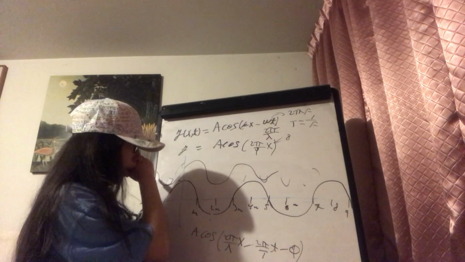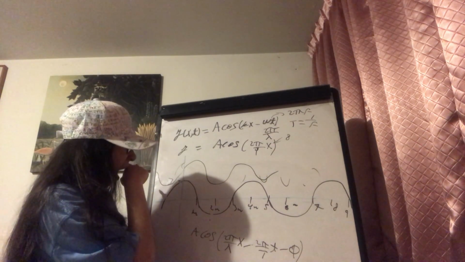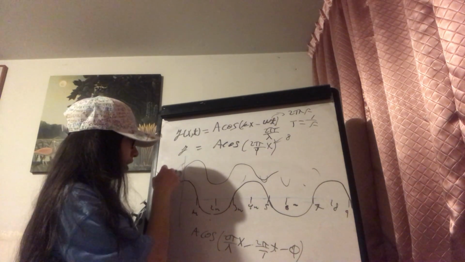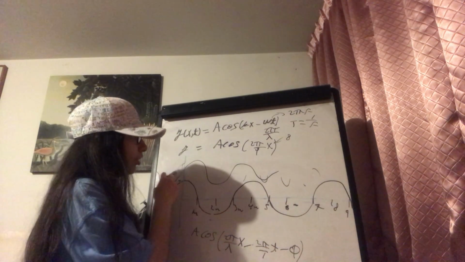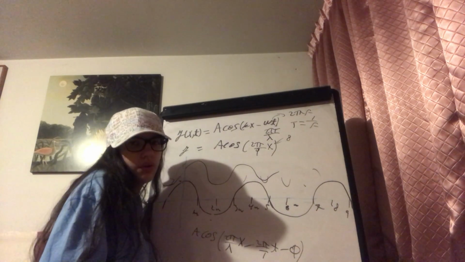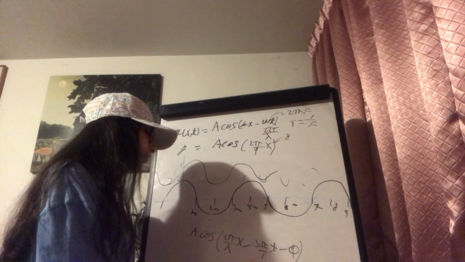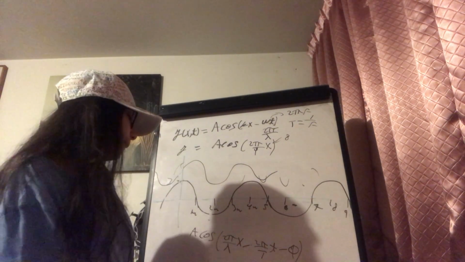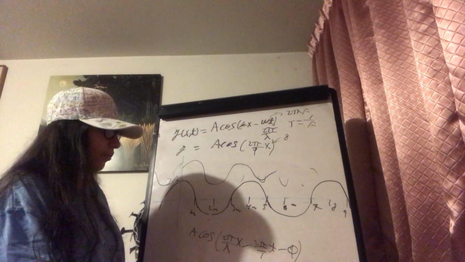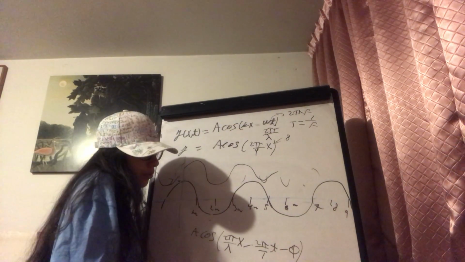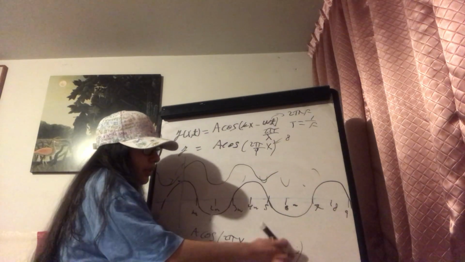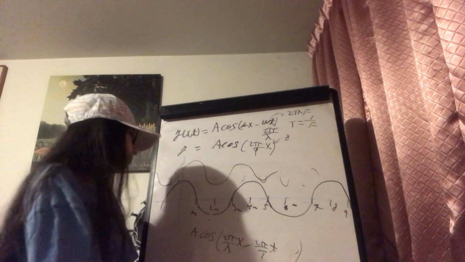Here now you can see that it is not sine. Sine would be here. So this is neither sine nor cosine, so for that we add this phi. So this is the equation of the wave. Actually, if you want, you can just leave it like this. This is the representation